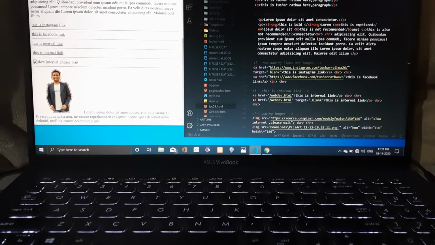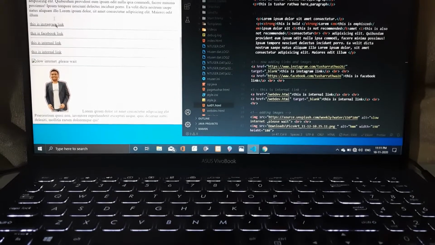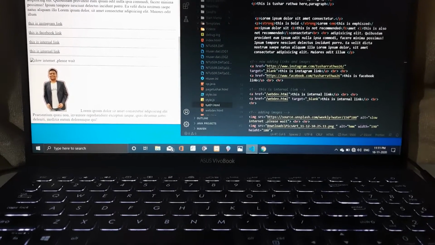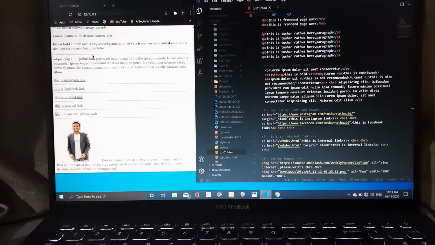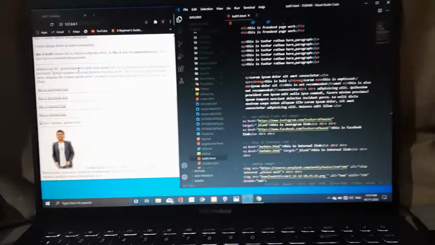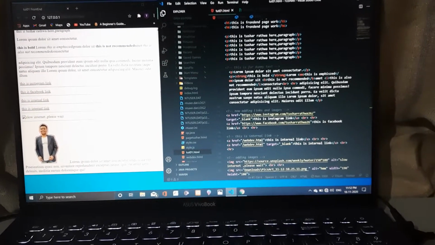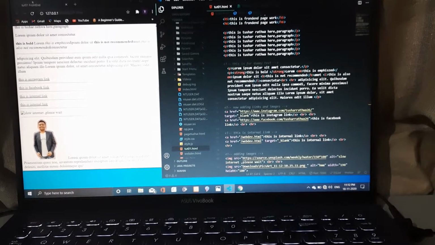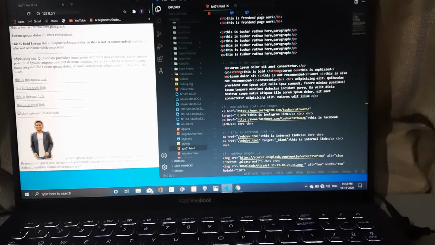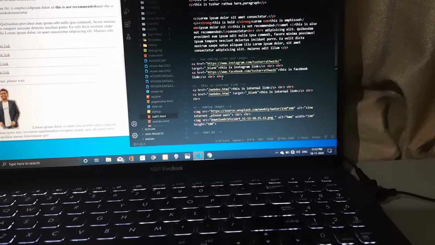So in the Facebook link, I have not added anything. And what it does is it loads into this page only, tutorial front end, that's the name of the page. And that's where it reloads. So what happens is that the users who came to your website, it loads over there, and you lose the visitors. So by adding to the next page, it's easy and convenient, so you can basically view both things. And by that, I have added links.